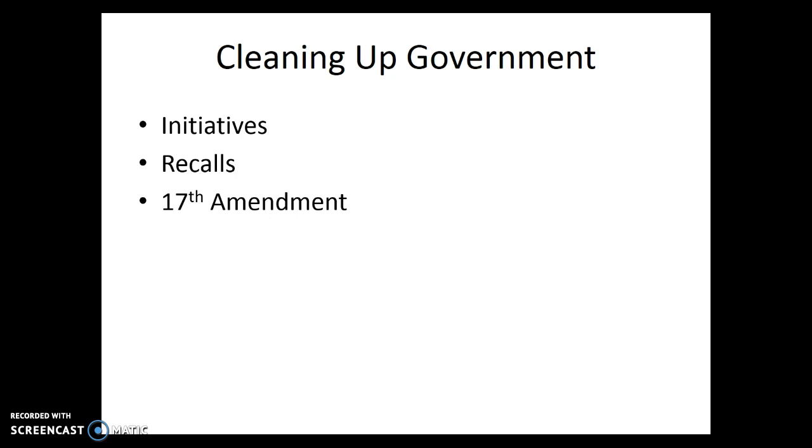And then we have the 17th Amendment passed, and the 17th Amendment provides for the direct election of senators. We, as U.S. citizens, have the right to vote for our senators ourselves, but we did not do that until the 17th Amendment was passed. Senators are still considered the higher house, but they used to be selected by state legislatures, and now the people can vote for their senators as well.